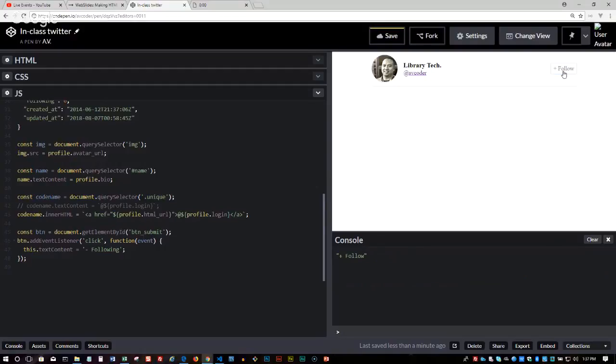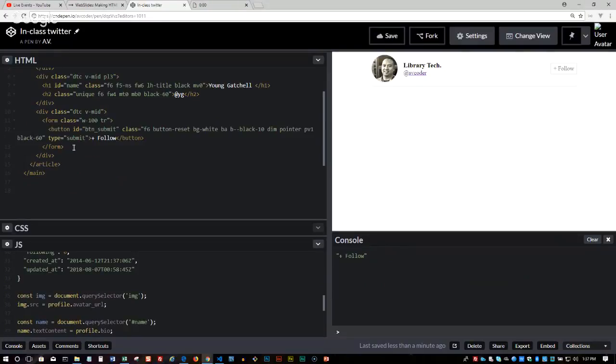Okay, no. Here's the $1 million question. Why do you think it's doing that? And it's something to do with the markup, the HTML side. Yes. What's your name? Nice going, Vivian. So if you examine the HTML for a second, you'll notice that this button is within what tag? The form tag, which means by default,